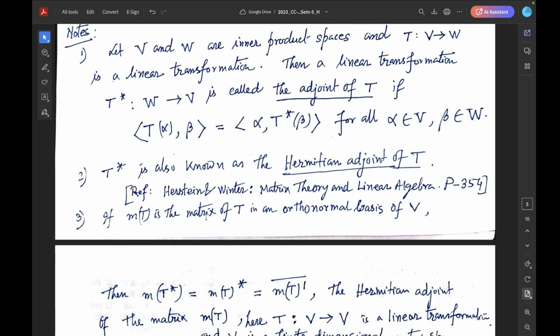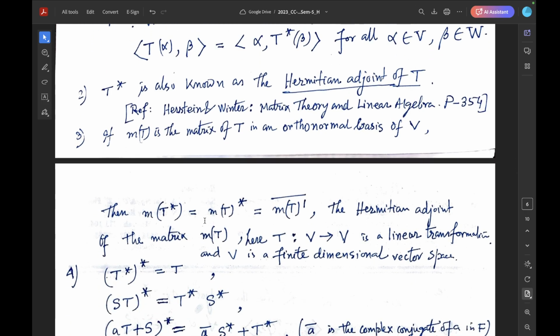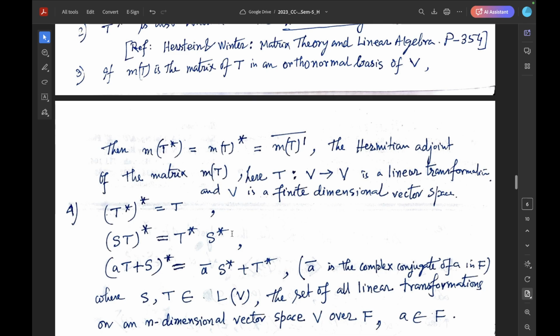If M_T is the matrix of linear transformation T in an orthonormal basis of V, then M_T star equals M_T whole star, that is equal to M_T transpose whole bar. This is the complex conjugate. That is the Hermitian adjoint of the matrix M_T. Here T maps from V to V is a linear transformation and V is a finite dimensional vector space. And T star star equals T,